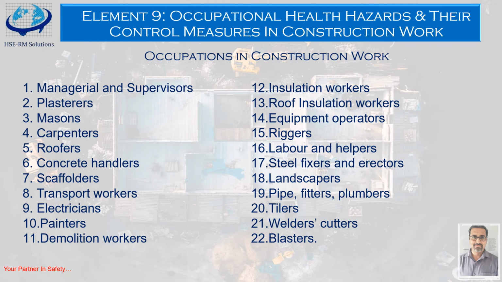So first and foremost, we need to understand why it is required to be known. The very first aspect is that building construction is going on, transport, road, bridges, railways, industrial infrastructure development is going on. So all these things come with their own specific requirements. Overall, in a construction activity, like what we discussed last time, there are these 22 job profiles. Now, what are these 22 job profiles?